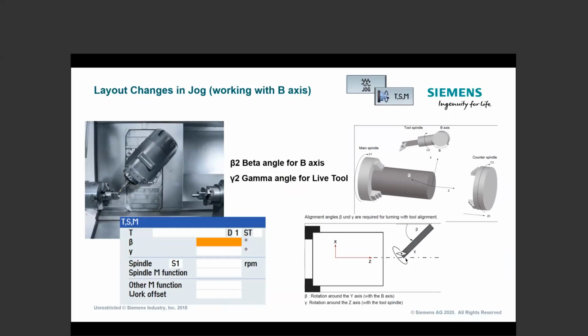Beta is going to reflect the B axis, gamma is going to reflect the milling spindle axis. And what will happen is cycle 800 immediately gets initiated when you drive a tool around with beta and gamma. So as I rotate the spindle with that beta field, it's going to calculate where the G54 needs to be. So if I set my G54 front center of my part, no matter where I rotate that tool around with